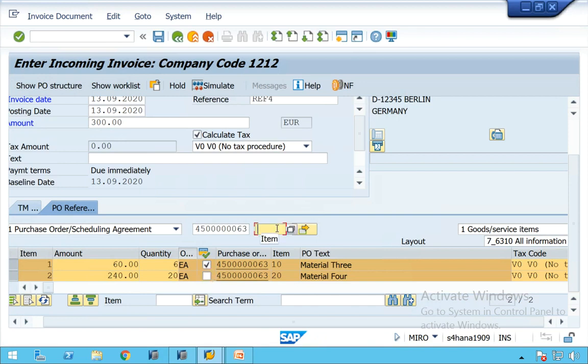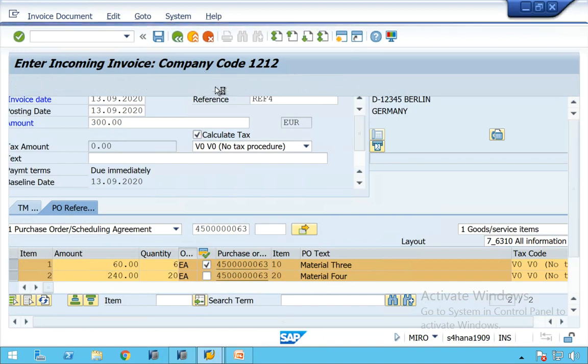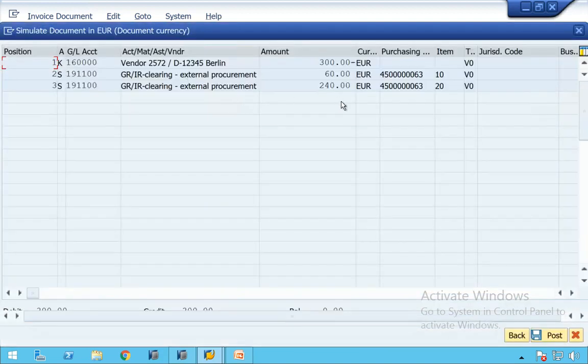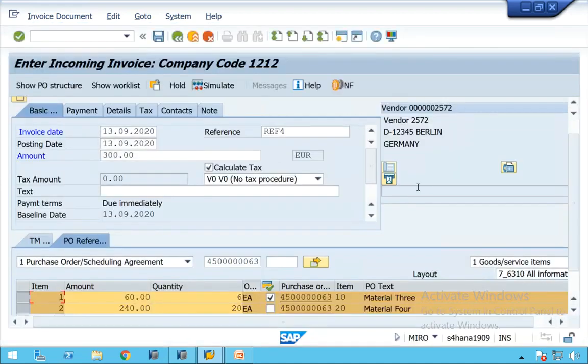You observe whether you post the line item or not. Yes, it will post. If you simulate itself, it is known how many line items are there. 2 line items, correct? One is 60, another is 240. Does it have any significance? No significance. Whether you choose or don't choose, it is only an entry aid. But what is the significance?